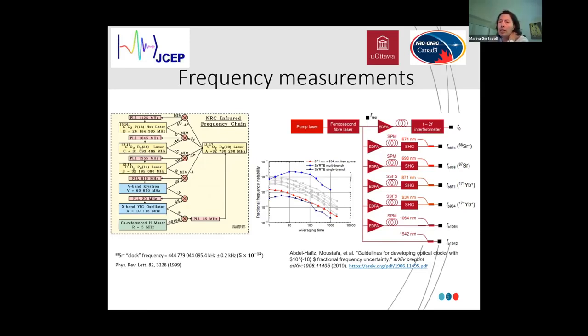And you only require one really ultra-stable clock laser, which is required for clock operations, because you can transfer the stability of that ultra-stable laser to all the other probe lasers, again, through the frequency comb. If you lock the comb to that specific ultra-stable laser, the other lines will benefit immediately from the stability. And nowadays, the stability of the measurements with the combs reaches levels better than 10 to minus 18, 10 to minus 19. And that now allows the use of optical frequency standards to measure absolute frequency values. And this is the technology that really enables the upcoming